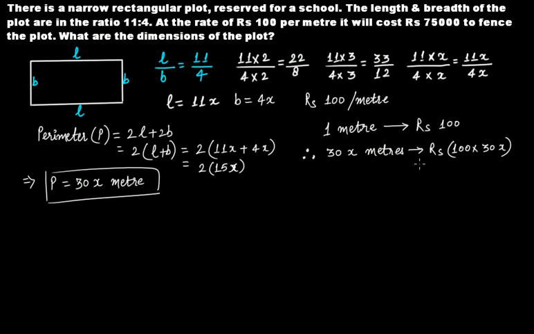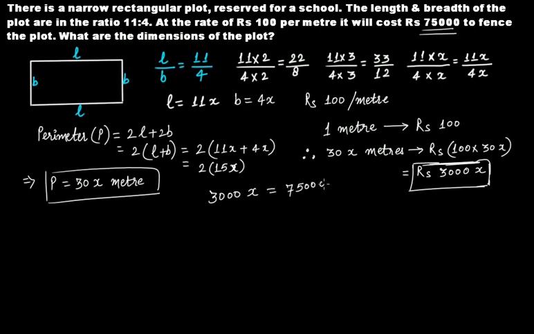So the total cost to cover this will be how much? Rupees 100 times 30x means what? 100 times 30 times x means 3000x. Okay, so this will be the amount that it will cost if the rate is rupees 100 per meter. The fencing rate is rupees 100 per meter, and we know that the cost is actually how much? It is 75,000. This tells us that 3000x should be equal to